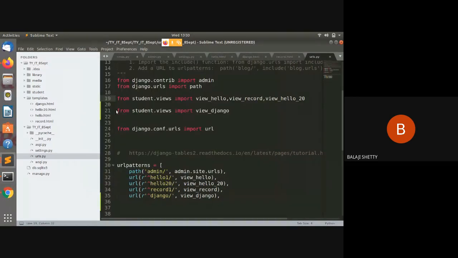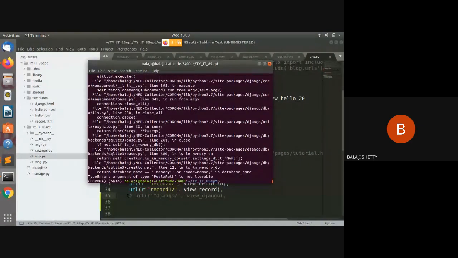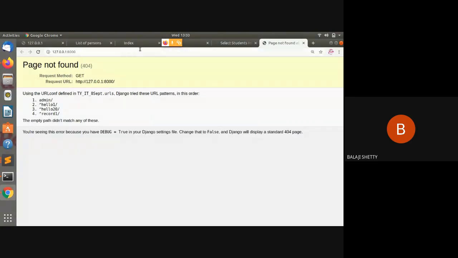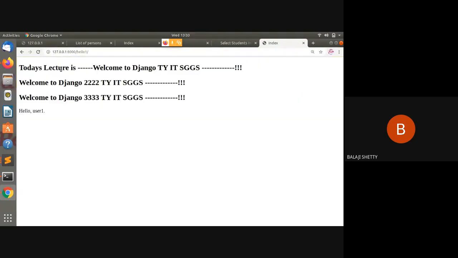I comment that section because I don't know what happened. Some mistakes may not be corrected at this moment. Now if I run this hello one, see here, today's lecture is okay. I have made the changes just now and you can see the changes.